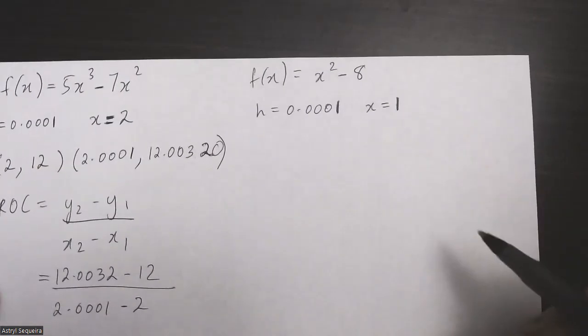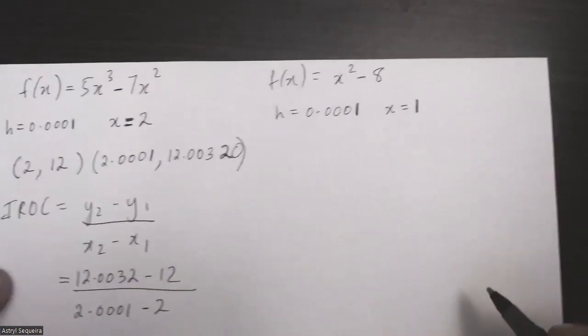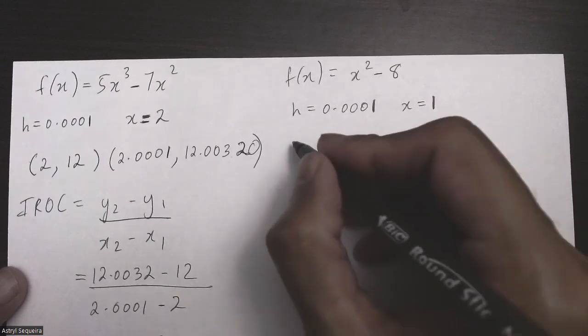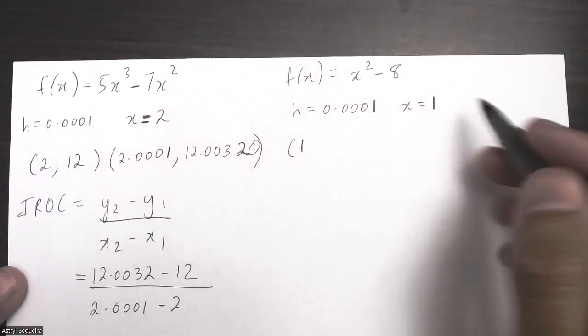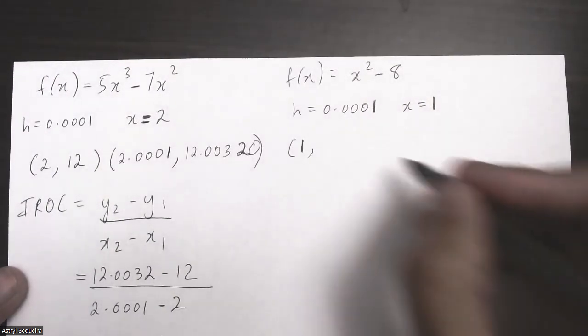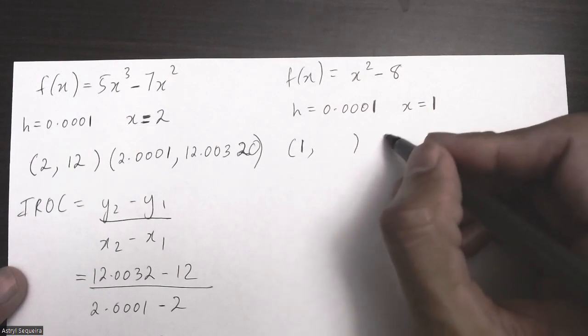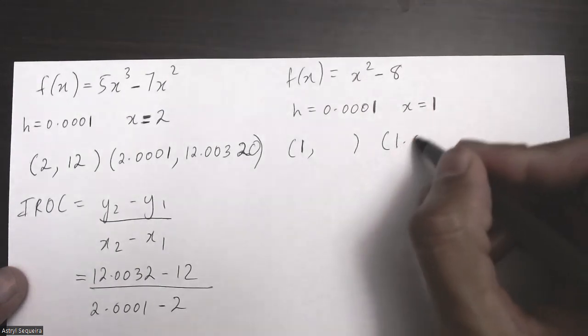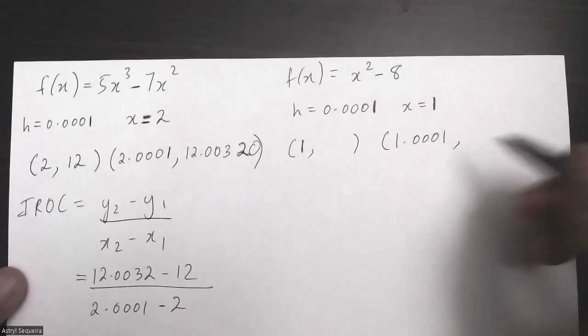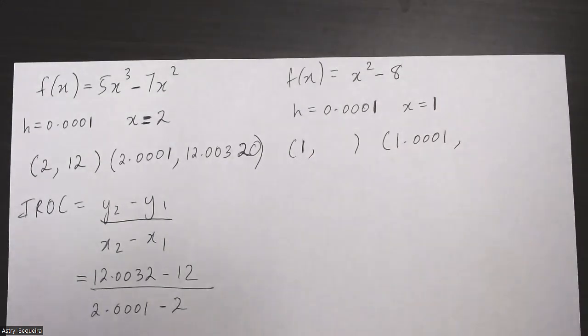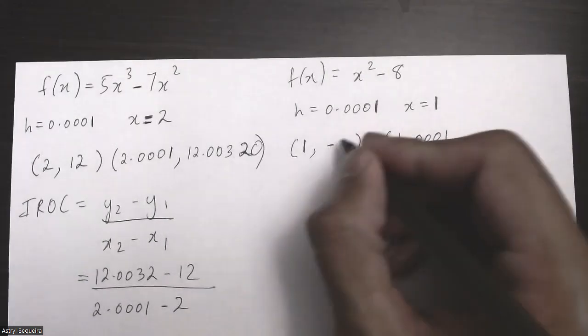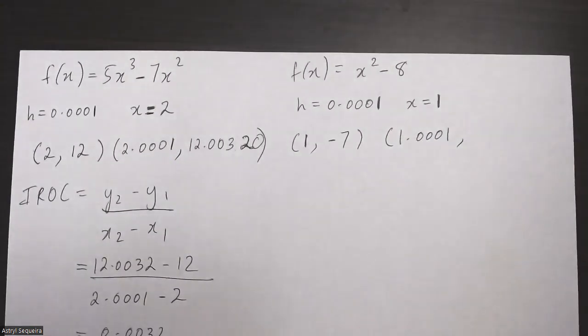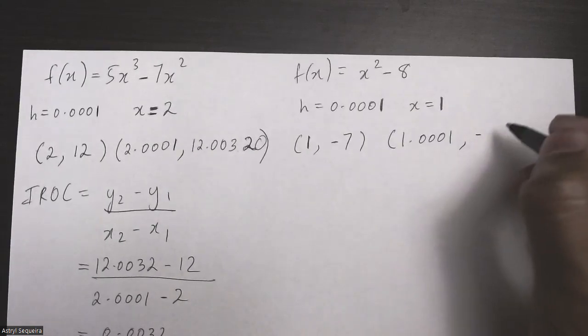Let's try the second example for practice. Hopefully we'll get 5 decimal places there for the second calculation. I'm going to start with my first point, which is x equals 1. And then my next point is going to be 1.0001. So let's calculate this now. 1 squared minus 8 is negative 7. And 1.0001 squared minus 8 is negative